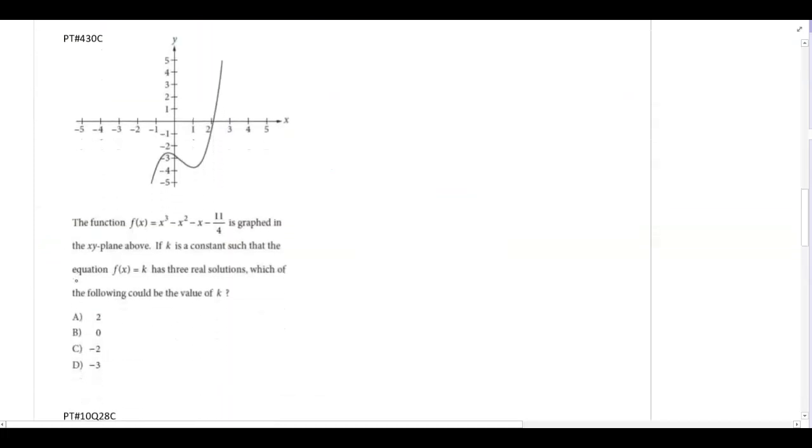Now this is a tricky one. They give you a graph and they ask: the function f of x equals x to the third minus x squared minus x minus 4 is graphed in the xy plane above. If k is a constant such that the equation f of x equals k has three real solutions, which of the following could be a value of k? Now, what you have to understand is f of x equals k is no different than y equals k. So what they're basically asking for is what horizontal line